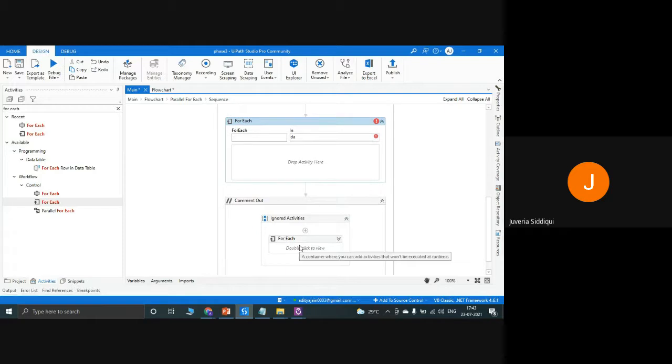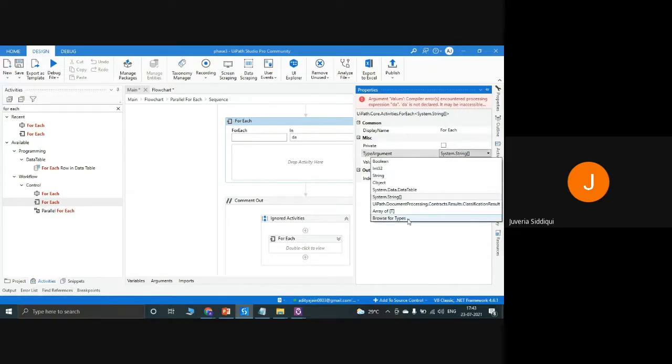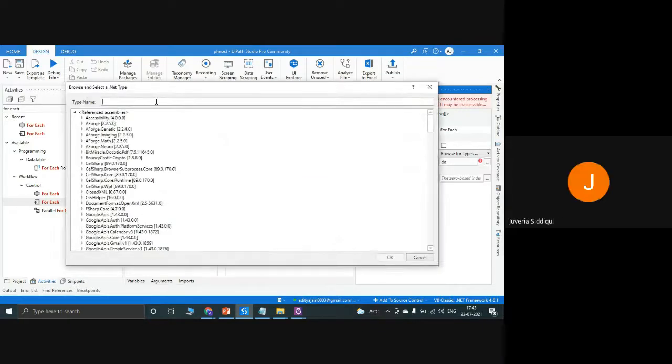Okay, first go to the properties. Go to the properties panel. So let's check for classification results. Change it to classification result. You had it over there.